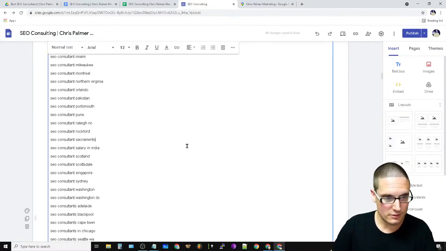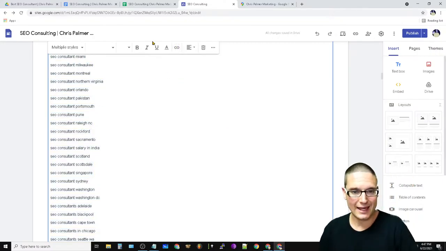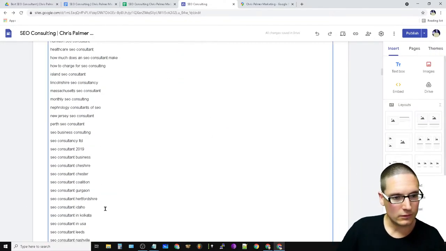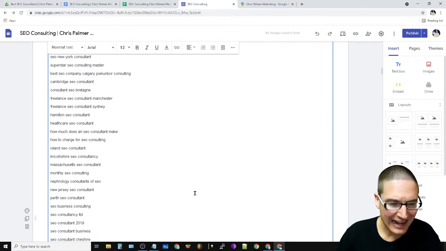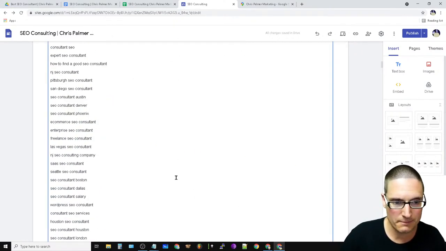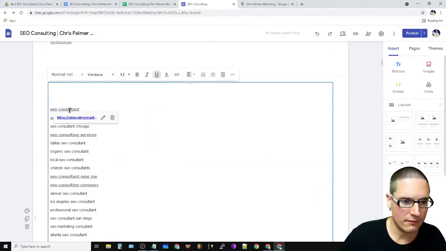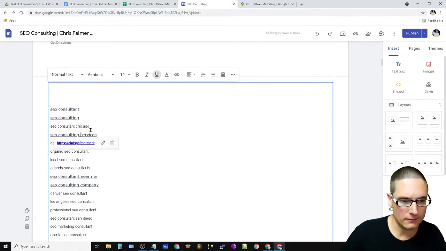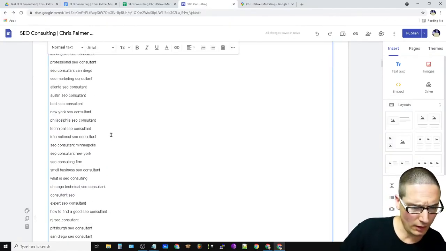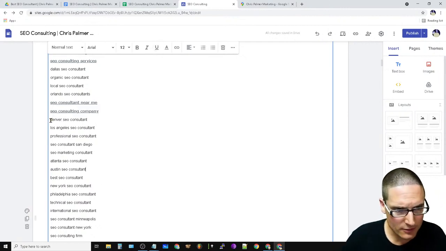But for this, just for the sake of what we're going to do, we're going to highlight it, and we're going to make this all anchor text. I would highly suggest taking this and picking out the ones that matter for you, right? Kind of like I did here, because that's exactly what we want. Making the anchor text.